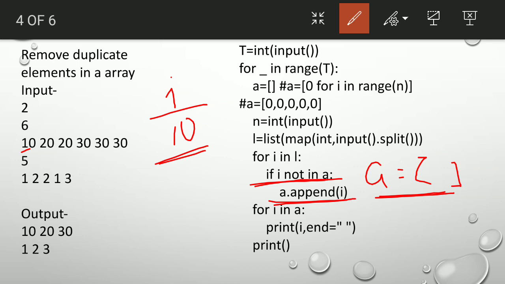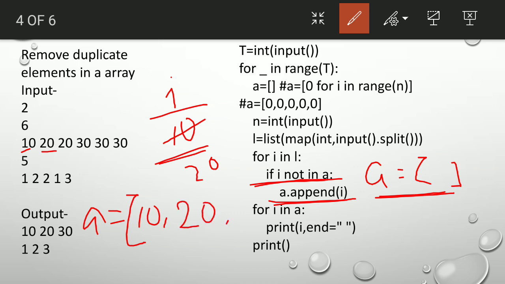We append the value 10 to the list A, so now A contains 10. Now i is incremented to 20. If 20 not in A, 20 is definitely not in A, so 20 will be appended.